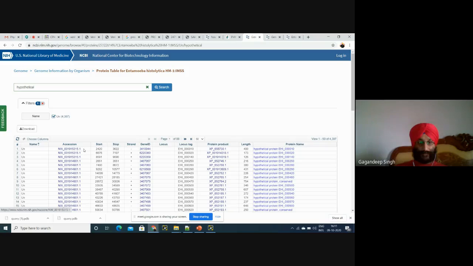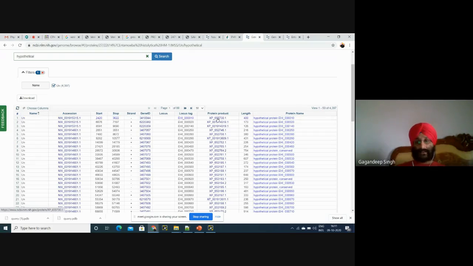This is general. This is for the first, maybe other strain, and the other is for another strain. This is the protein product that you have selected.